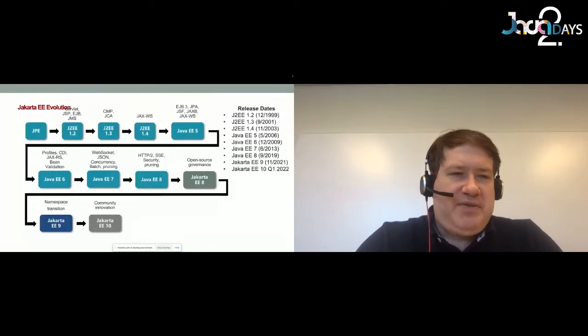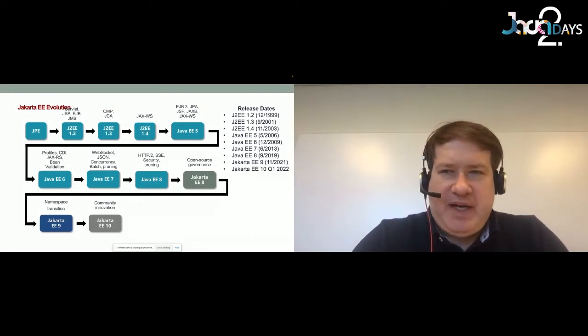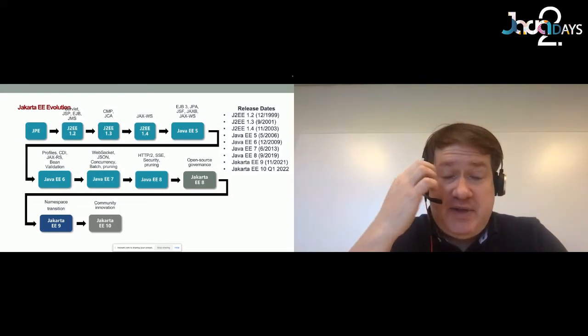It's evolved throughout the years, and every iteration has come with new releases. We had Enterprise Java Beans introduced back in J2EE 1.2 in 1999, and it's continued to evolve.